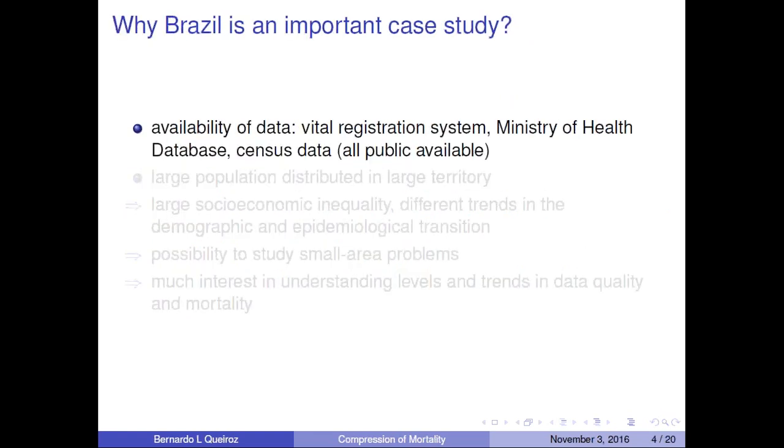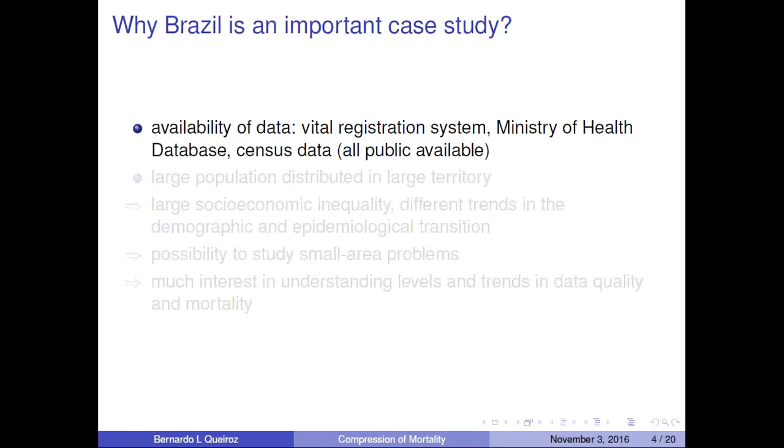So why is the case of Brazil interesting? There's the availability of data and it's publicly available. So we can get mortality data basically from three different sources. Census data, only 2010, that includes the question on household deaths, and also the 1980 census. But the main difference is in the 1980 census, household deaths were included only in the long questionnaire, and in 2010 it was in the short questionnaire. So all the households respond to this question. And the 1980 census is not easily available.